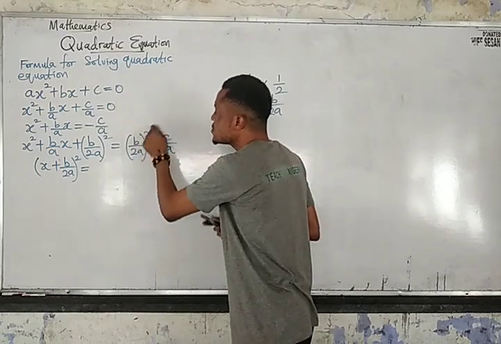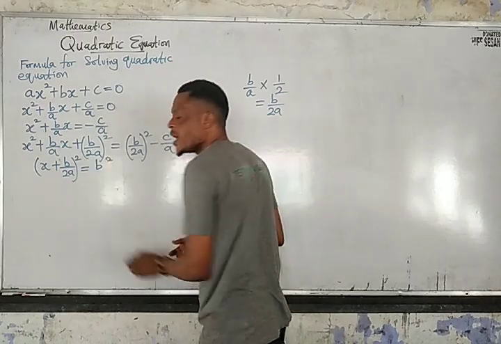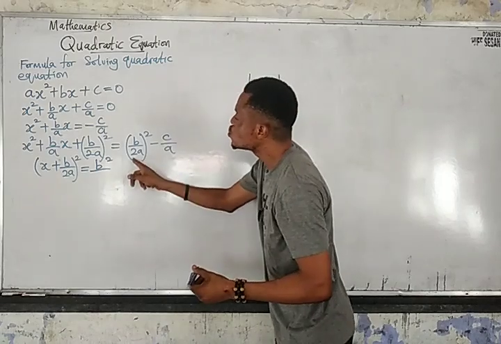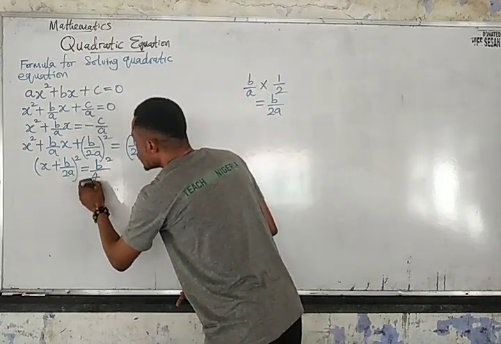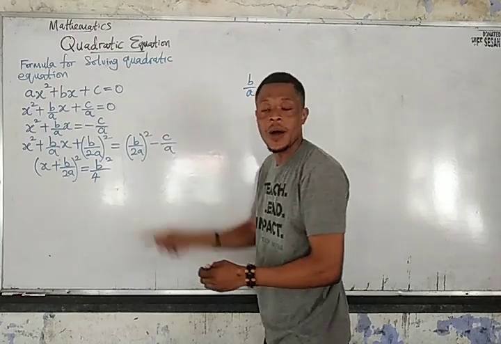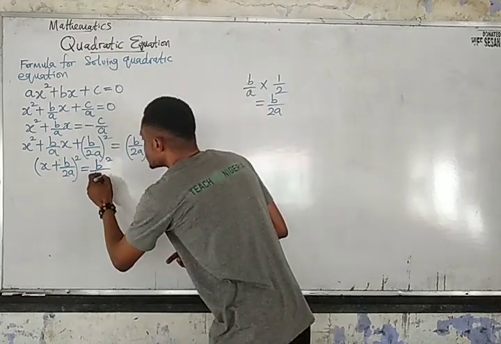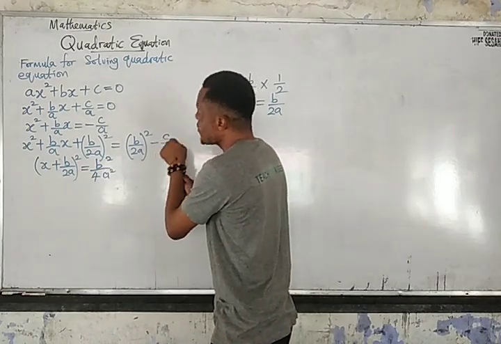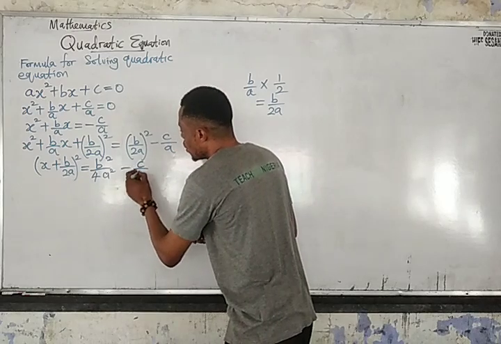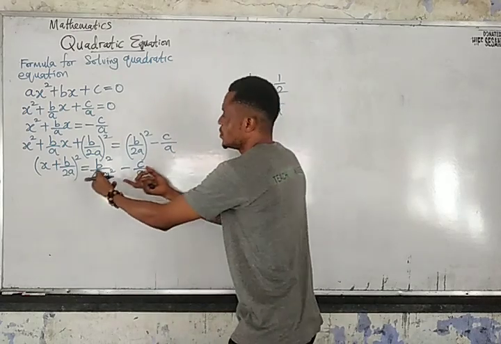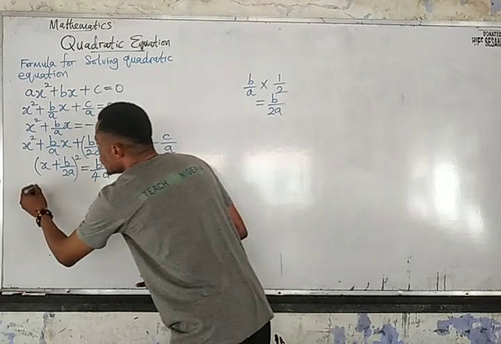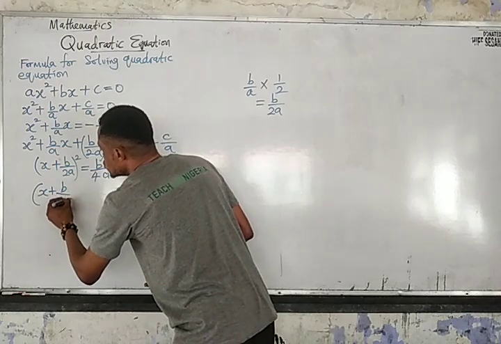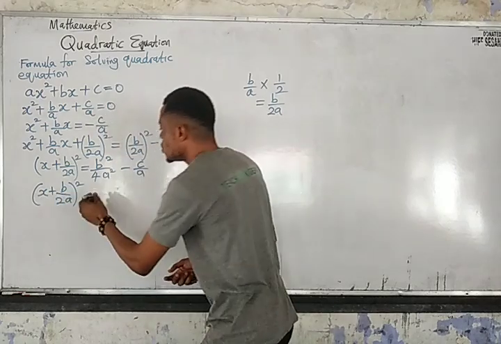All we need to do here is to apply the square for the numerator and the denominator. So b raised to power 2 will give us b squared all over 2a raised to power 2, which will give us 2 raised to power 2, that's going to be 4, and a raised to power 2 will give us a squared. Upon having the 4a squared, we have our minus c all over a. We have fraction to work with here. So we are still having our x plus b all over 2a, everything raised to power 2,